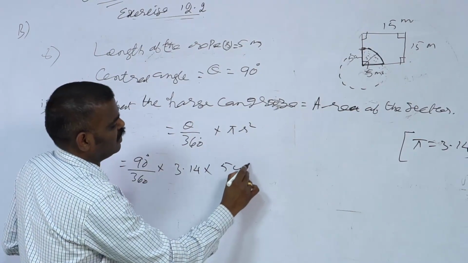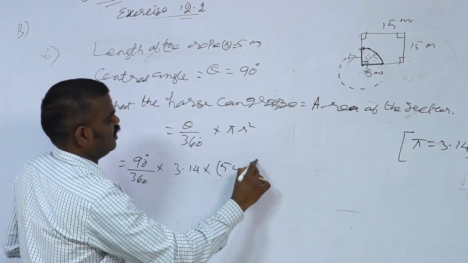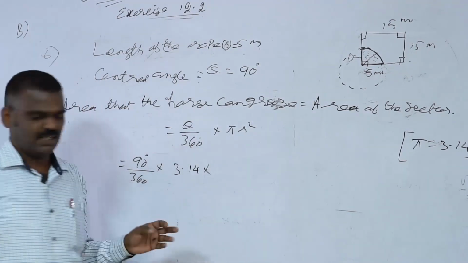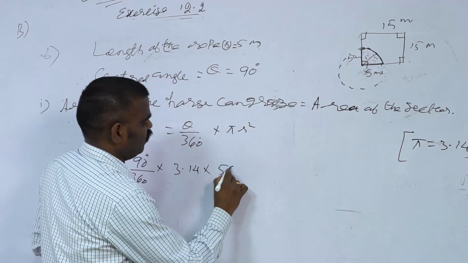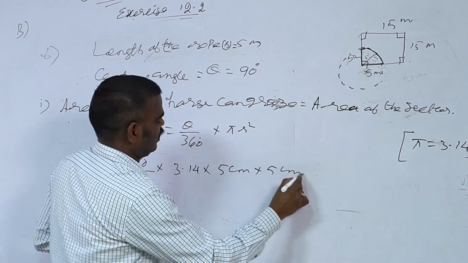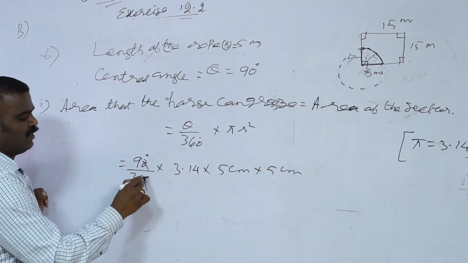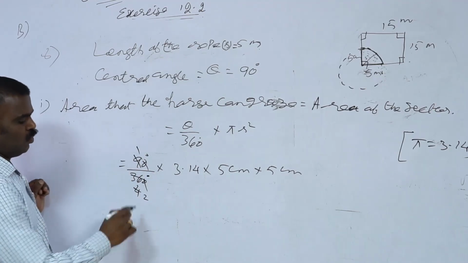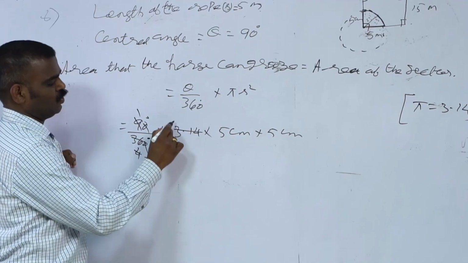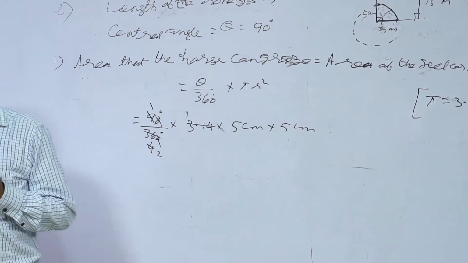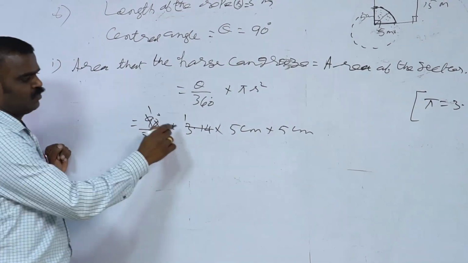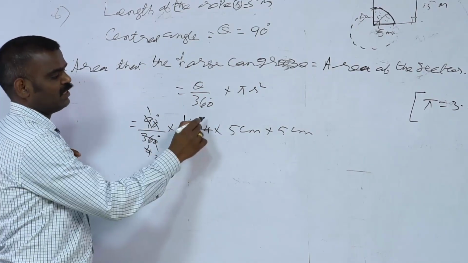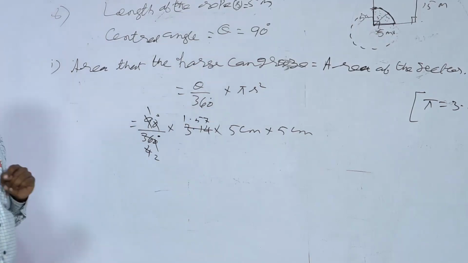5 centimeter square, or you can apply directly 5 centimeter into 5 centimeter. Zeros cancel, 1 into 9, 9 how many times? 4 times. 2 how many times? 1 2 sa 2, how much remainder? 1 remainder, point, cannot go 11, 5 2 sa 10, 1 remainder, 7 2 sa 14. Is that clear now?